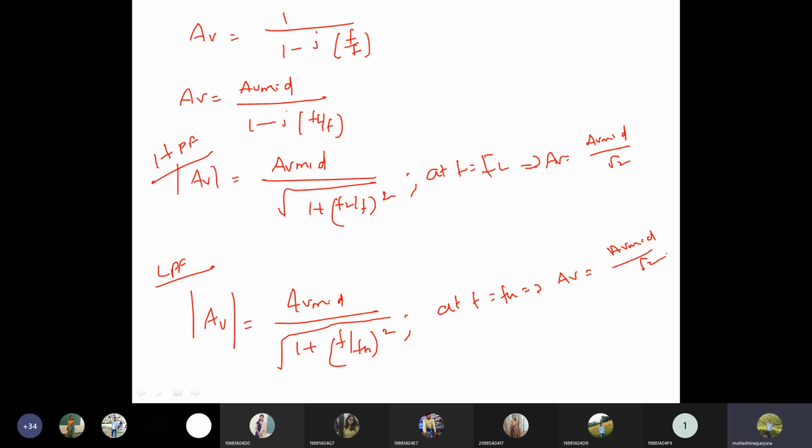So from this you can write AV by AV mid equal to 1 by root 2. Similarly, AV by AV mid equal to 1 by root 2. Okay, so this is the half power point. So in order to draw the lower cutoff frequency and upper cutoff frequency, we'll do AV